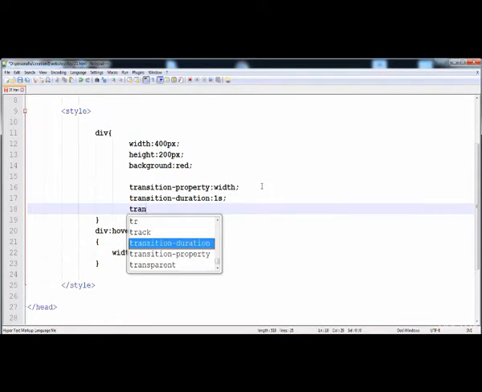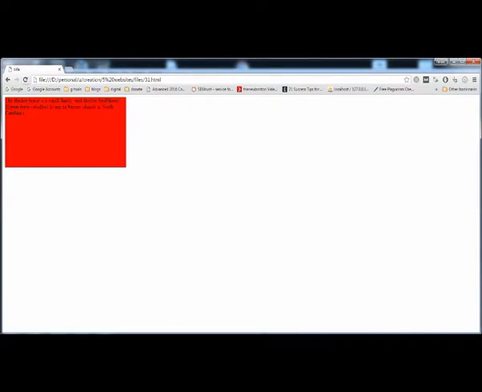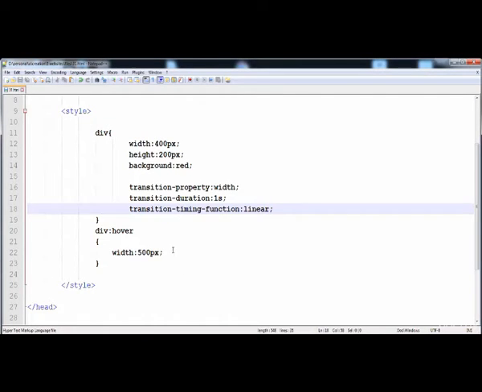and then we have to write transition timing function. Here is the timing function. In this property we have to give the speed of the transition at the start and at the end. Here I'm going to write linear, so now the speed of the transition is just the same. And now let's load it, and here you can see that the width is increasing smoothly,